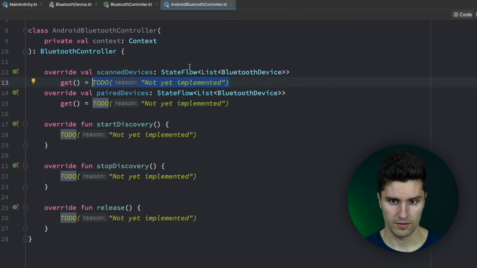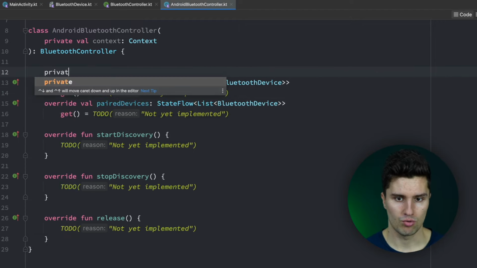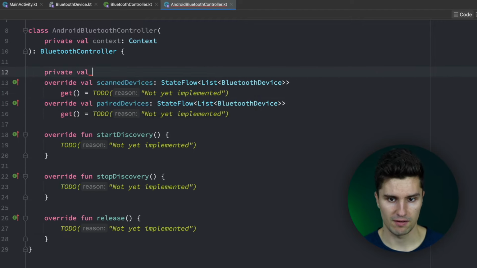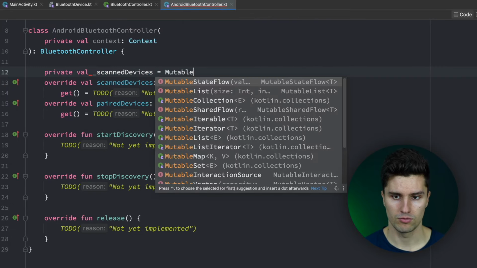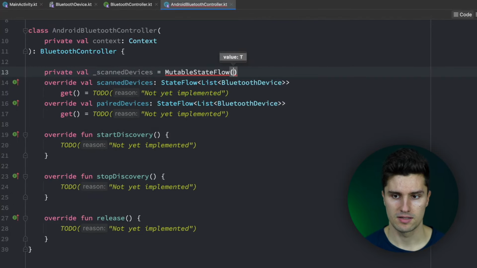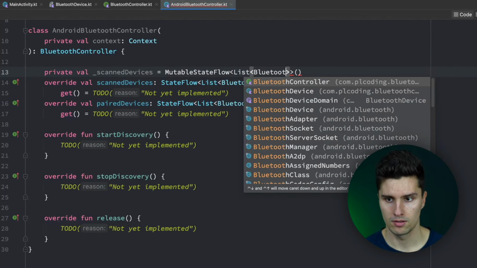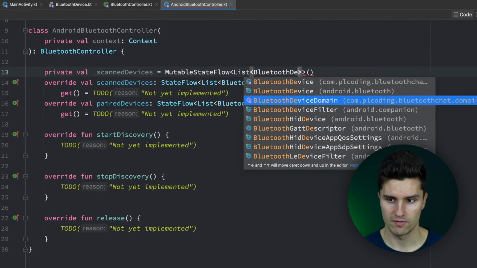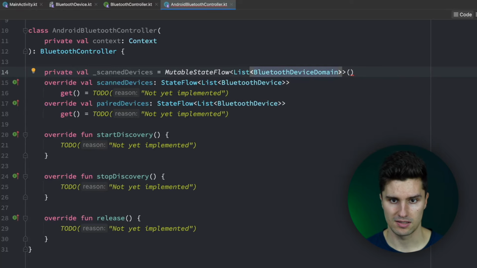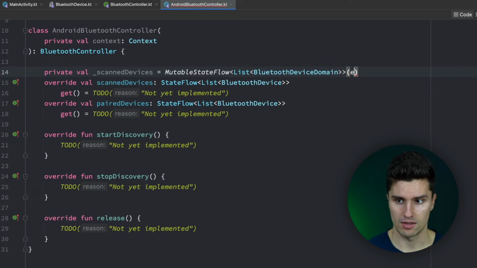So first of all, for the scanned devices, what do we set this to? We want to have a private mutable version of the state flow, scanned devices, which is a mutable state flow, and it represents a list of Bluetooth device. Let's choose device domain here, since in this class we will use the Android SDK specific Bluetooth device class a lot. And we just set this to an empty list. Let's also replace these here